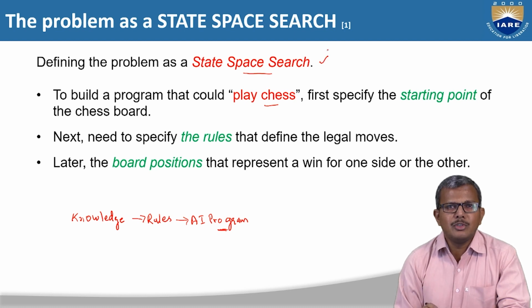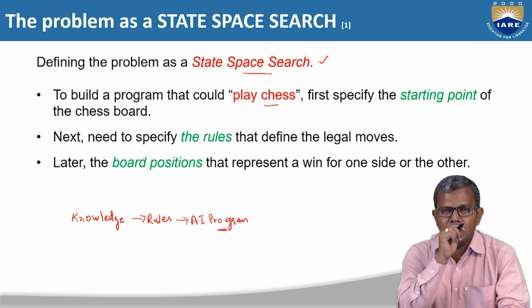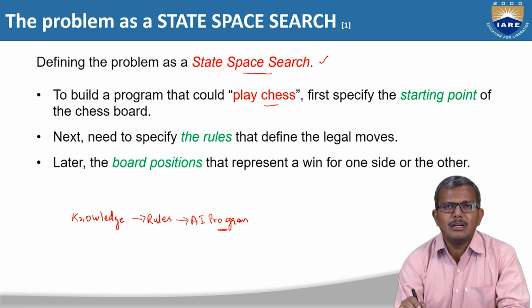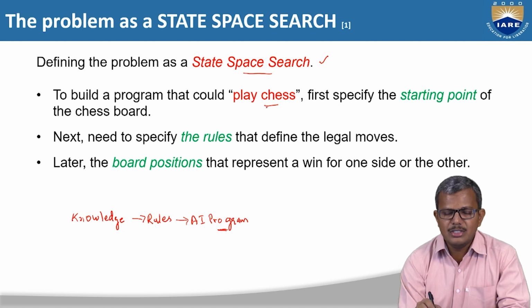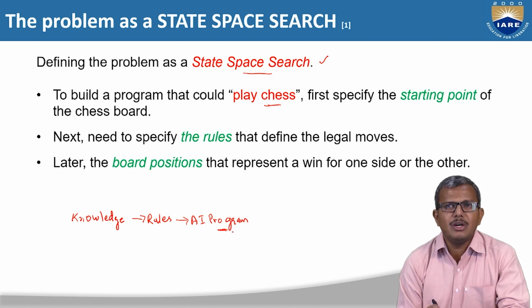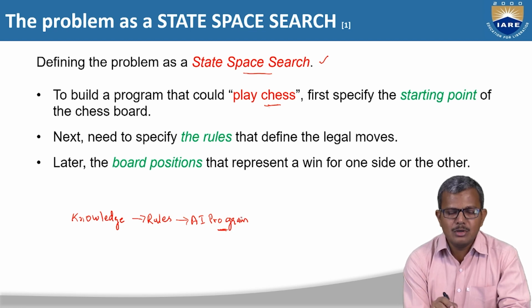So for understanding such an environment, let us try to define the problem as a state space search. For this, we have to select a particular problem, and then it will be very clear how we can define the problem in the form of a state space search. For that, I am selecting a problem which is playing the chess game. If you are trying to write an AI program to make the AI machine play this chess game, our first primary duty is